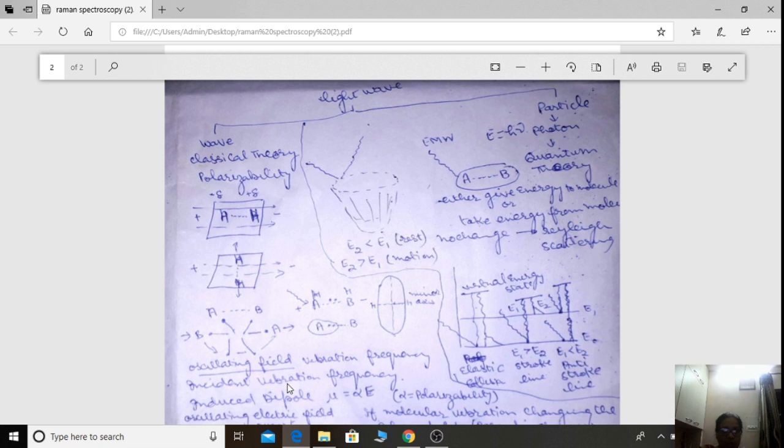Now we will come to the wave classical theory. In wave classical theory, it talks about the polarizability of the molecule. See, in the diagram, I have shown the hydrogen molecule. Suppose we are taking the example of a hydrogen molecule. Hydrogen molecule, as shown in figure 1, is lying with the bond along the direction of